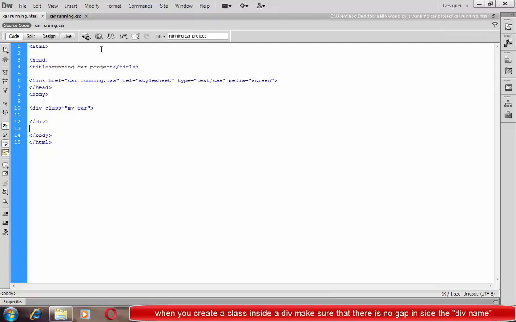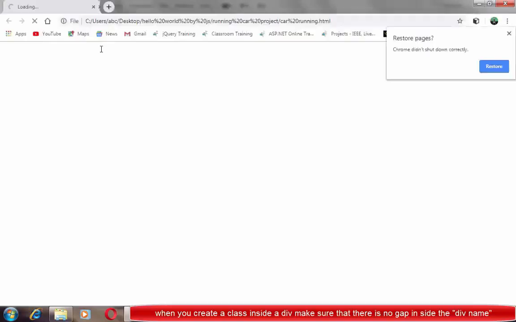After that I fix the error. So for that we use it, and it may take some time to open the browser here, and when you open the browser you can see that there is no property present, there is no background image in our browser. So we want to recover it, but we do not restore it.